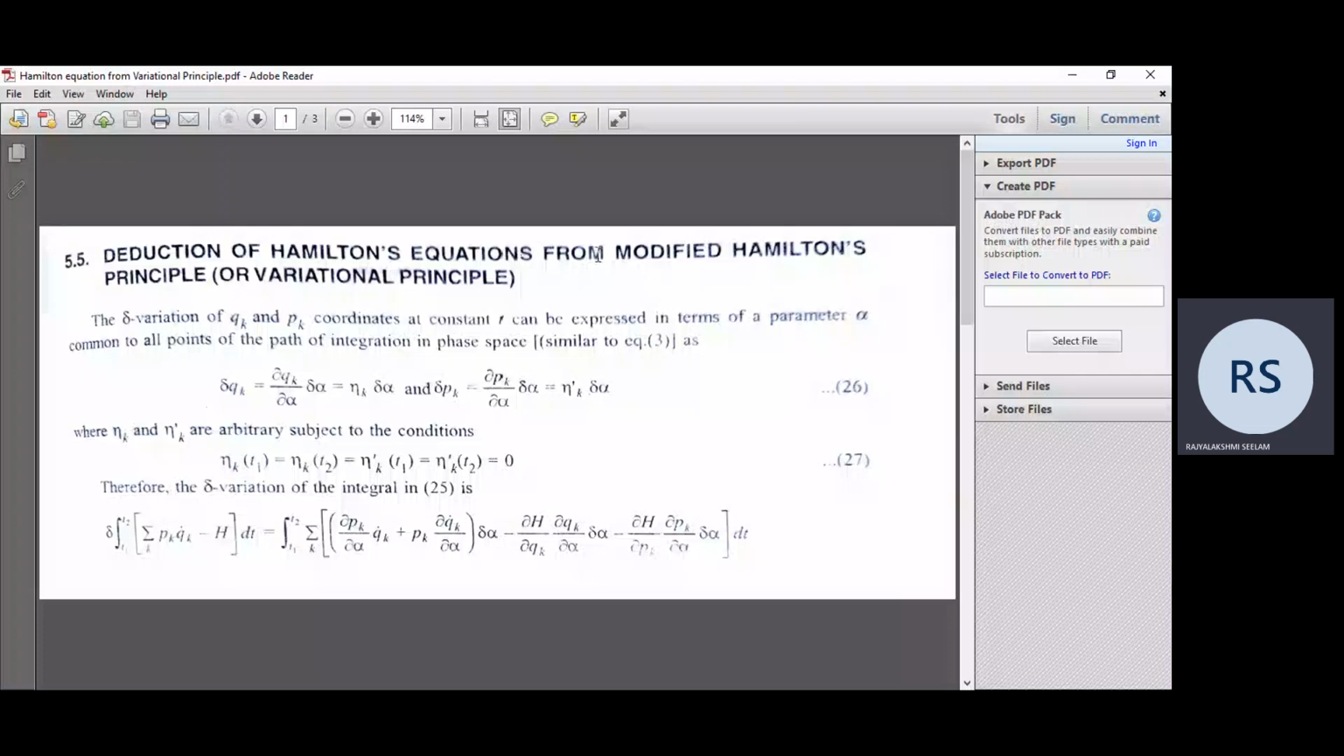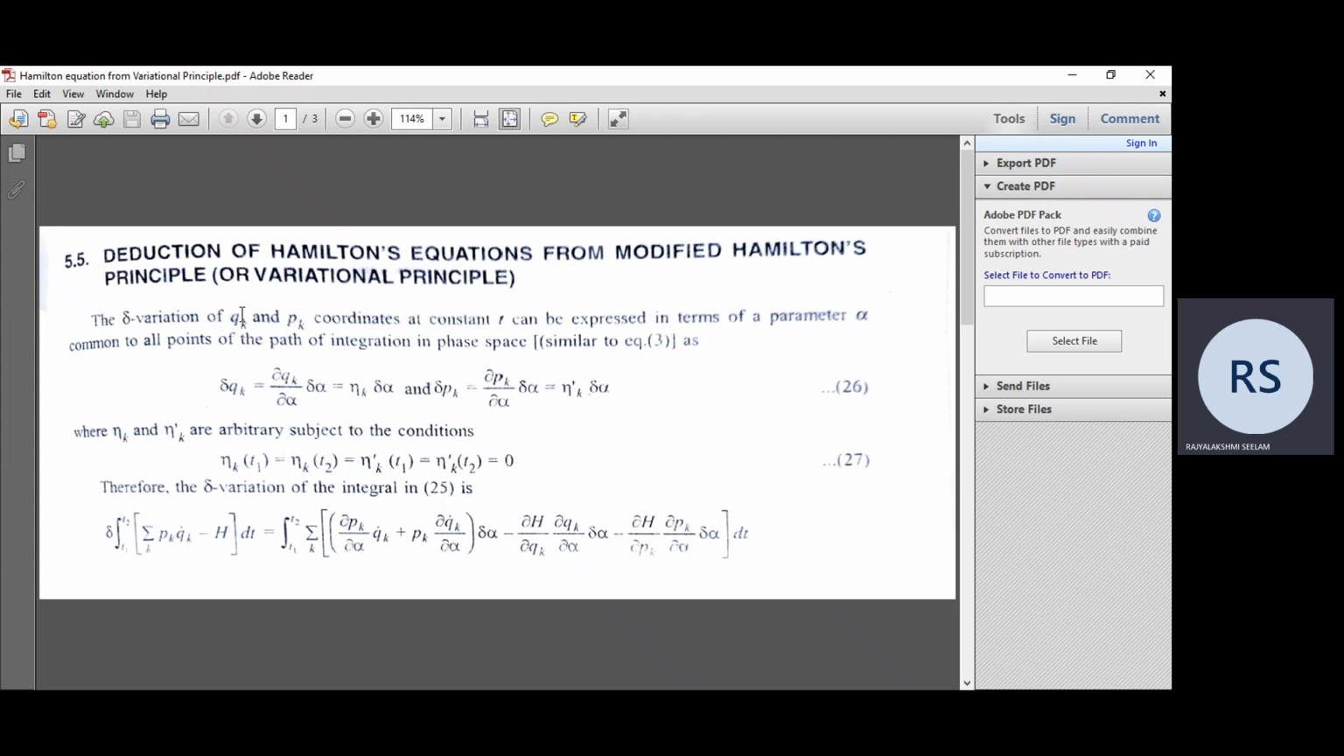Deduction of Hamilton's equations from modified Hamilton's principle or variational principle. So here let us consider a phase space, and we have to express at constant time the coordinates qk and